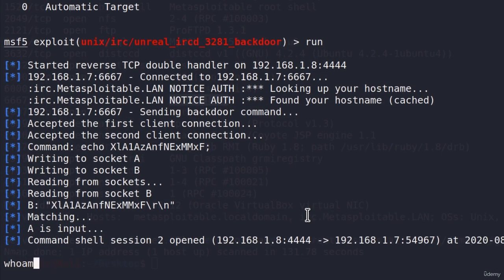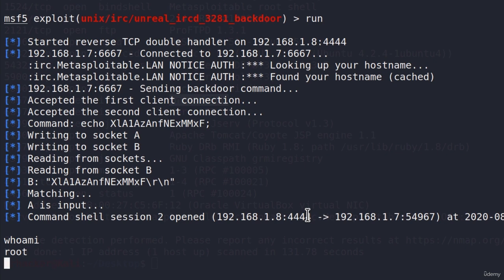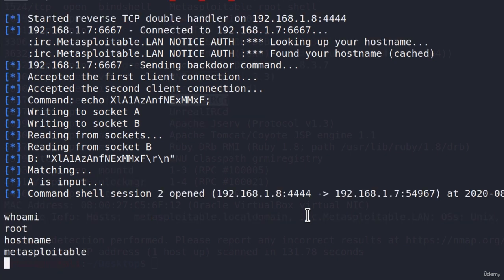Let's check out if it works. Who am I? We are the root account. Hostname will tell us we're Metasploitable. So this is the second one down. We got one more left to go. Let's Control-C this,